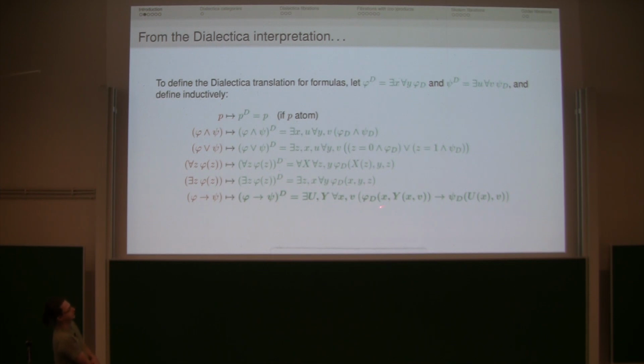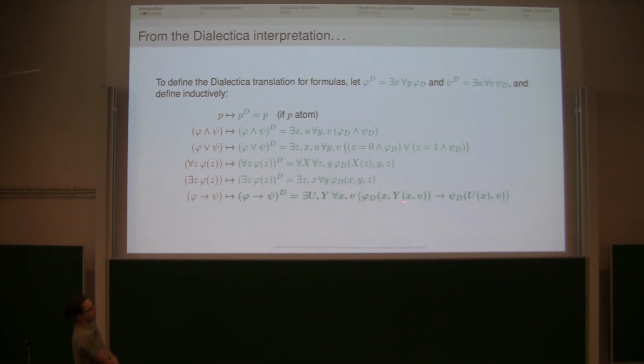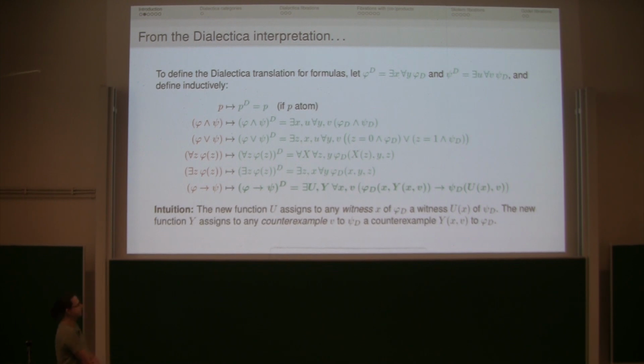So if x witnesses the truth of phi, U of x witnesses the truth of psi. And then for any counterexample to psi, let's call it v, we want a function that witnesses that phi is not satisfied. So that's the intuition